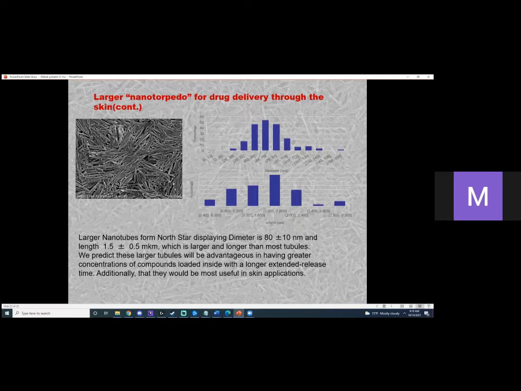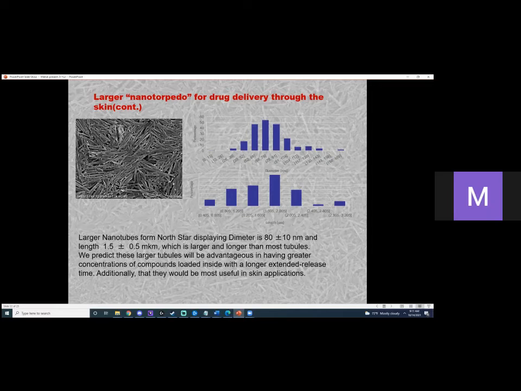So here's some data from the larger halocyte that we recently got, and we see that the larger nanotubes from North Star display a diameter of around 80 nanometers and a length of 0.5 micrometers, which is larger and longer than most nanotubes on the market today. We predict these larger tubes will be advantageous in having greater concentrations of compounds loaded inside with a longer extended release time. Additionally, we feel they would be better for skin applications because of the larger capacity and